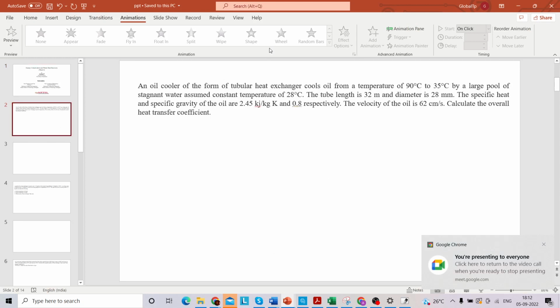I hope you are able to see the problem. So as we discussed last class, we were discussing heat exchanger, right? So in